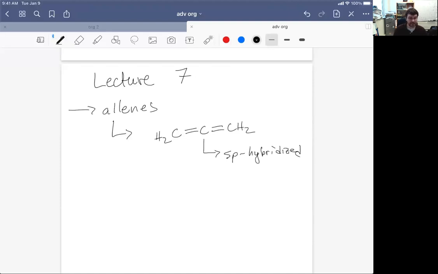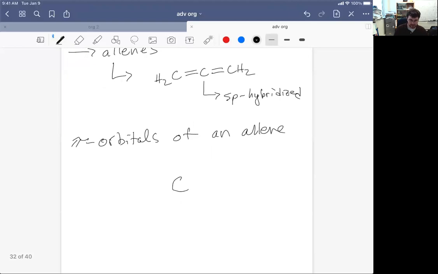If it's sp hybridized, we have two vacant p orbitals on that central carbon atom to make room for two pi bonds. Two pi bonds shouldn't be a surprise because we've got two double bonds present in the molecule, but let's consider how unusual the pi orbitals of this allene are. This is me drawing pi orbitals, so this is probably going to get messy. Let's start by considering